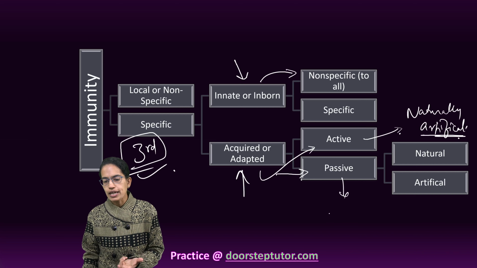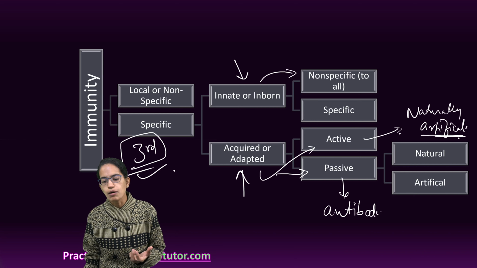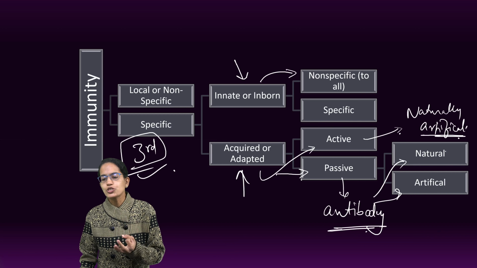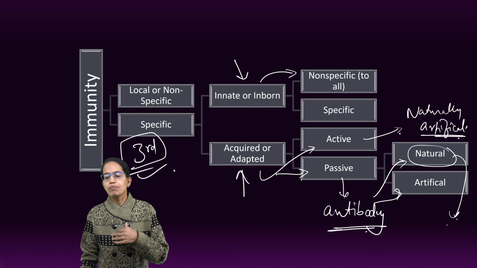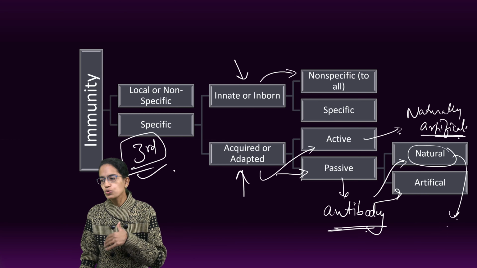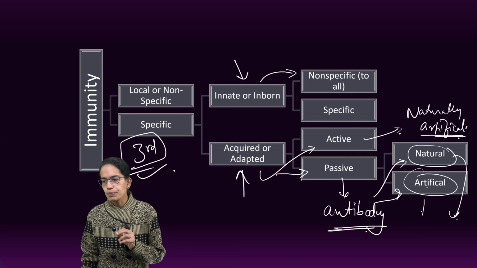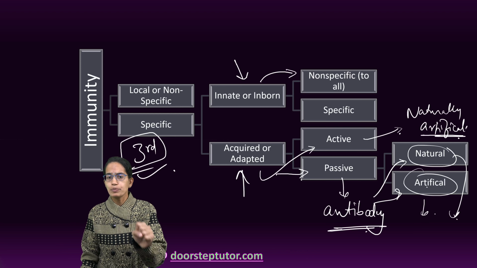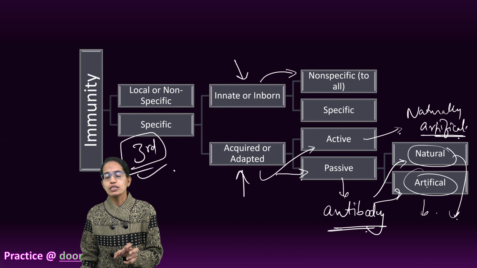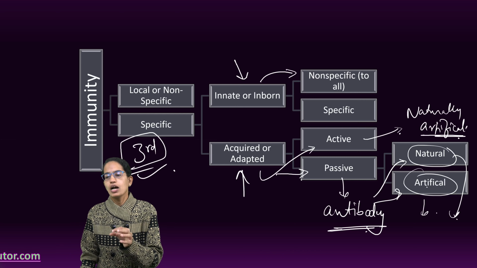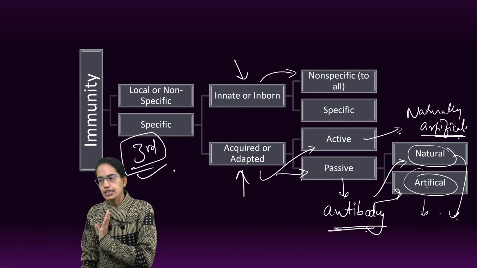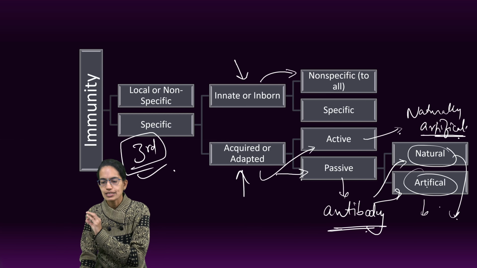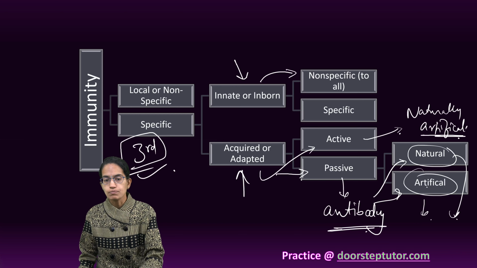Now these ready-made antibodies, how do they come into the body? They can be obtained naturally again or artificially. Naturally, they can pass from mother to child through the placenta. Artificially, they can be produced in a horse's body, let's say against snake poison, and once an individual gets a snake bite, that venom antiserum could be artificially injected into the person. We will understand how antivenoms work in a while.